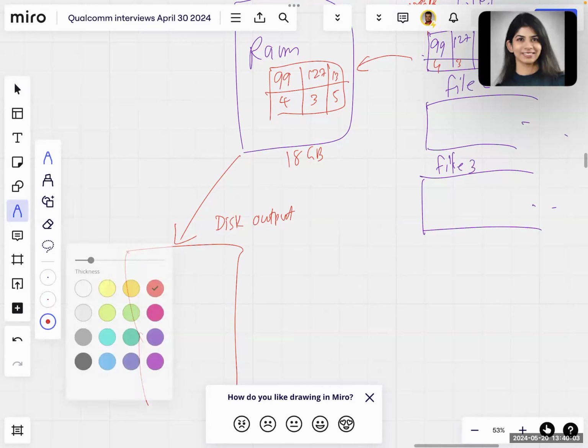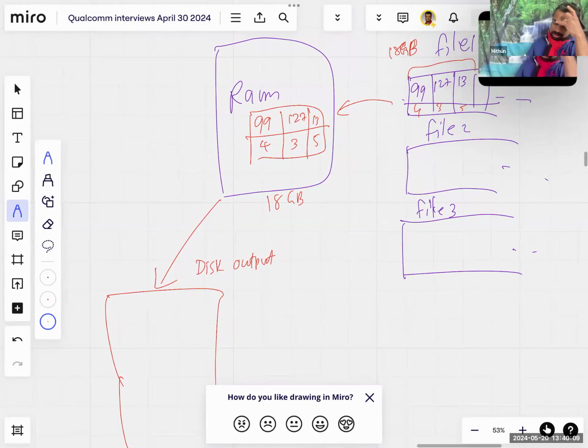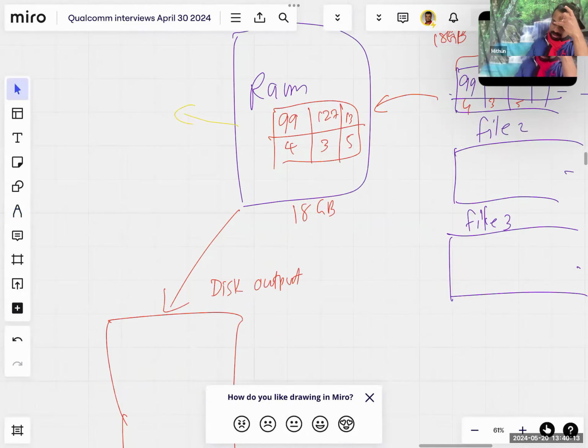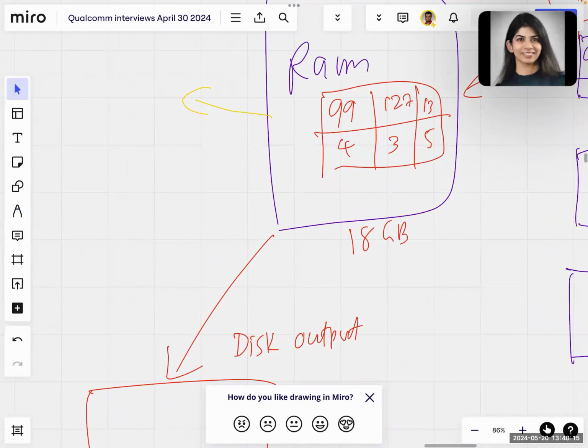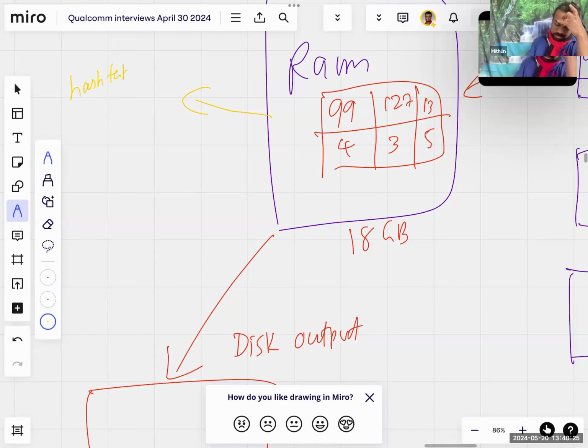Basically, create a hash table of the first chunk in the memory, in RAM. Okay, so you're saying you'll create a hash table in memory